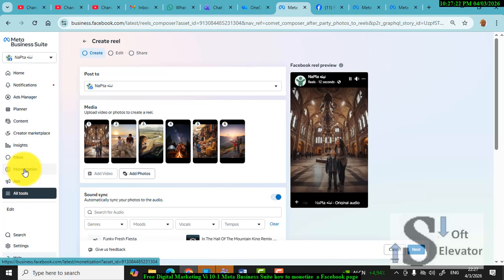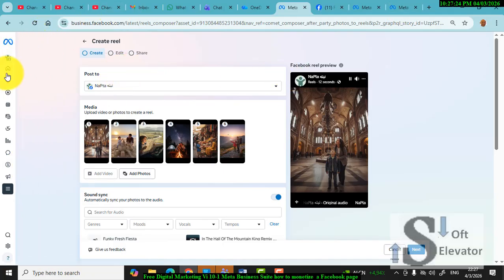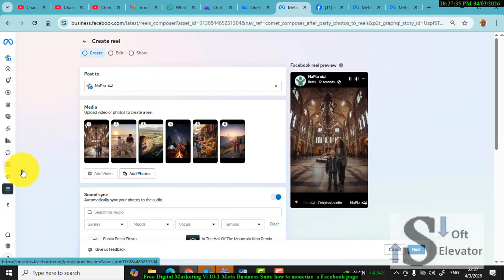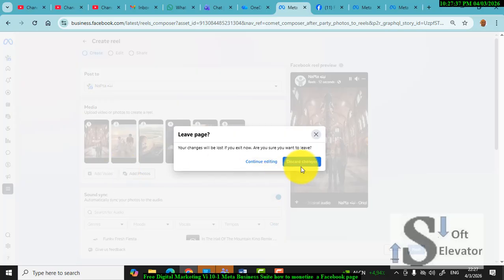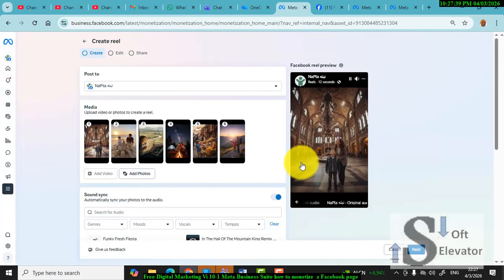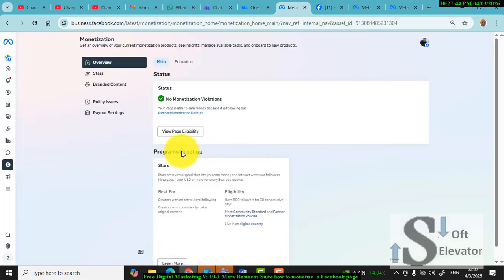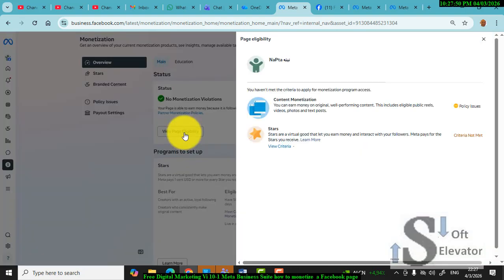So here on Meta, after selecting Meta, you can go to the previous video to learn about Meta Business Suite. We get it. Press on monetization here. And here, no monetization violations, view page eligibility, policy issues here,